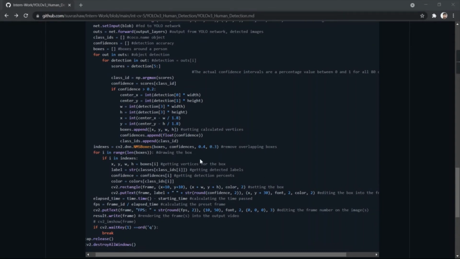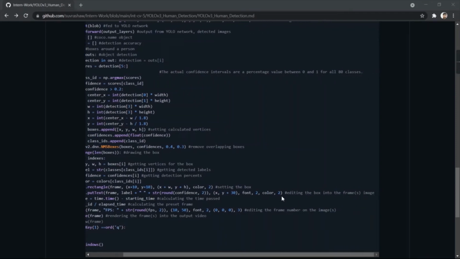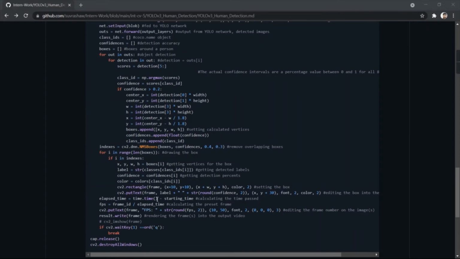It will frame out a rectangle around the images or objects which are present in the videos. Okay. Now for adding the label into the frame's image, we have used the putText method. Now for calculating the time that has passed, we have used dot time minus starting time, and storing that into elapsed time. Okay.